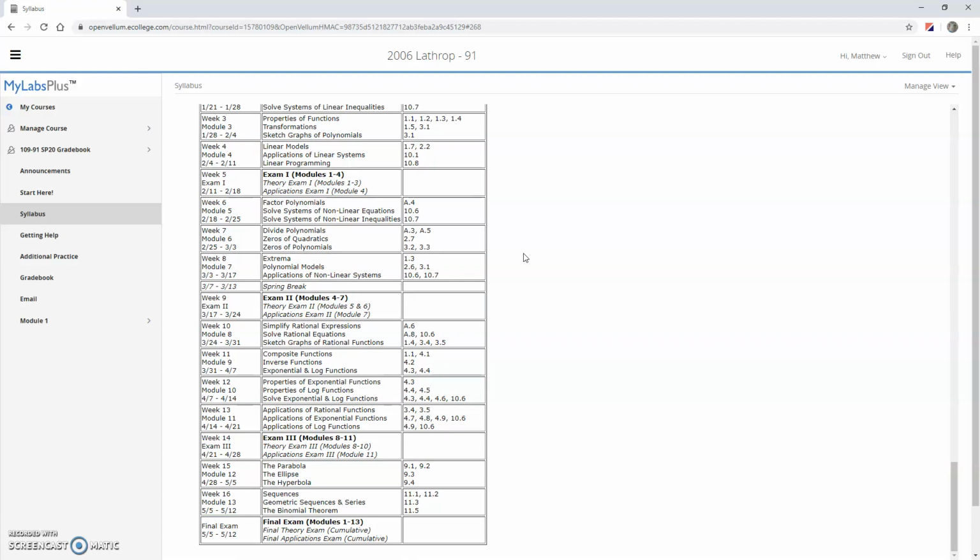Let's see. I think that's just about everything, but there's obviously information in the syllabus we glossed over. I would encourage you to read through that a little bit more carefully. If you have questions about anything in the syllabus or anything else related to the course, either what to work on or specific questions about the concepts we're introducing, please feel free to get in touch with me. I hope this turns out to be a successful semester for everyone, and good luck.